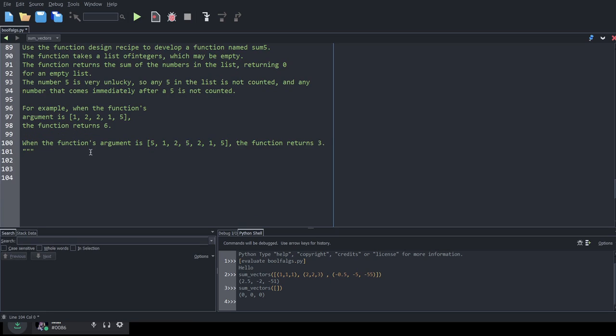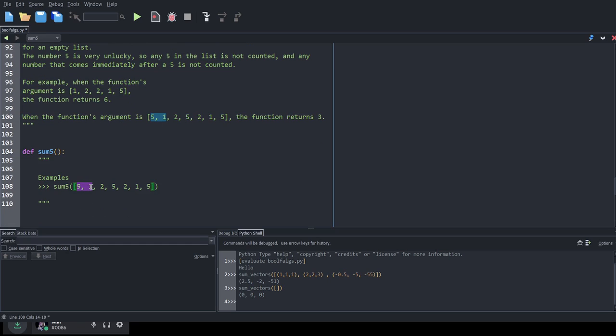Okay, so let's start off with our function header, def sum5. It's essentially the same question, except we are not going to be using sum13 because that is a copyright violation. Okay, so let's start off with some examples. We can pretty much rip them out of the function description itself. So boom, boom, boom. Sum5 of that. We would expect to see that gets disqualified, that gets disqualified, 2 plus those 2 disqualified, plus 1. So it's 2 plus 1, you'd expect 3.